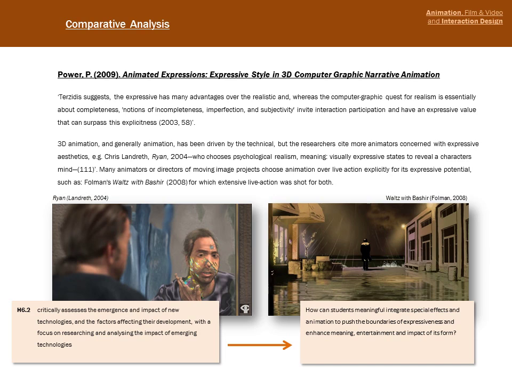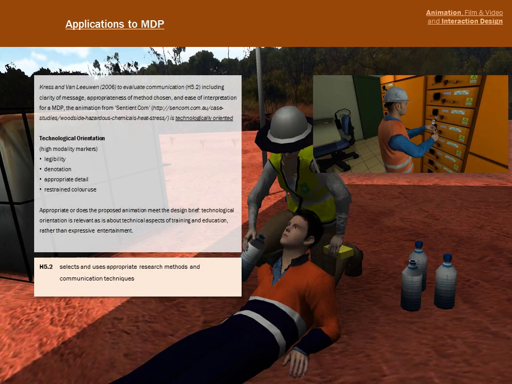type of existence that those characters are going through. And we can have a look at Waltz with Bashir, that there are very dark tones and highly stylized forms of animation by use of Flash, and those have been utilized to an expressive effect, which is seen as very appropriate. So that could be applied, having a look at the sentient.com example of training simulation animation, and